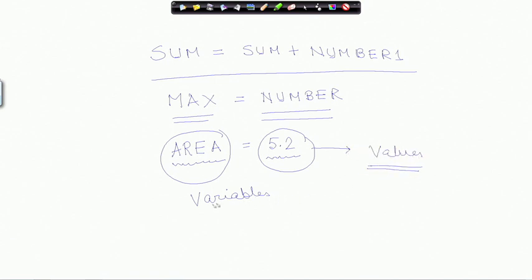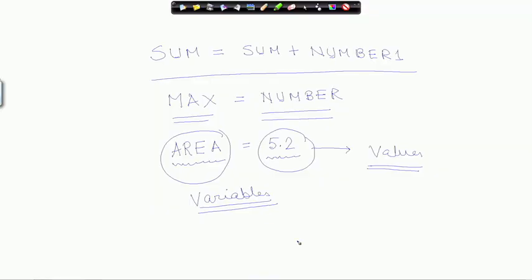We must be very clear before we start translating or writing a program in any high level language. It is imperative to know very clearly what is a variable and what is a value. So, today's lecture will be devoted to explaining the difference between variables and values and what is the significance of these variables.